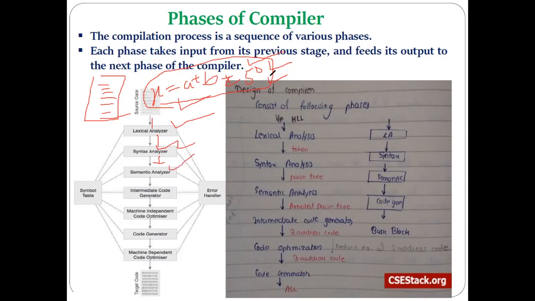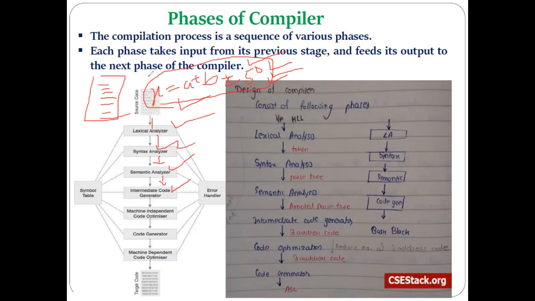Then the semantic analyzer checks whether this expression is meaningful or not. And it finds it is not meaningful, as x is a float, a is a float, b is a float, 50 is an integer, so it is not finding it meaningful. So the semantic analyzer will do what? Convert the 50 into 50.0, meaning it does the type checking. If it doesn't find the expression type compatible, then it converts it into a type compatible expression by converting the 50 into 50.0. Accordingly, it does this for the whole program, for all the instructions present in the program. Then the semantic analyzer generates the annotated parse tree and gives it to the next phase, that is the intermediate code generator.